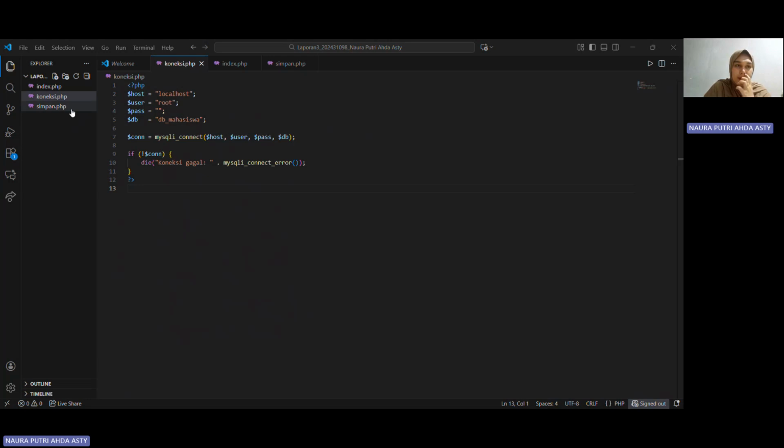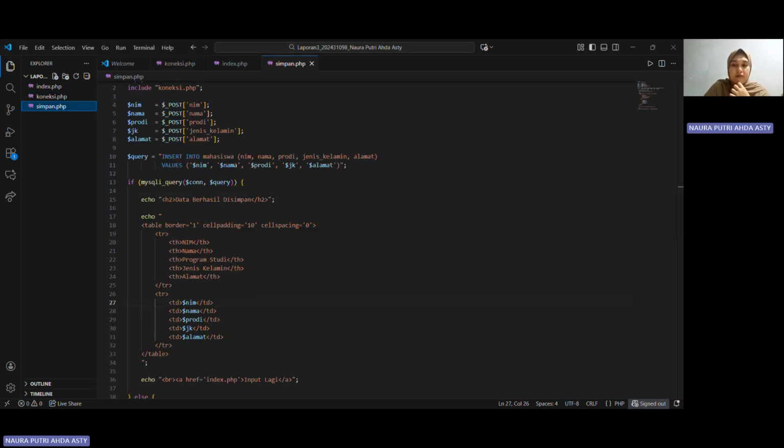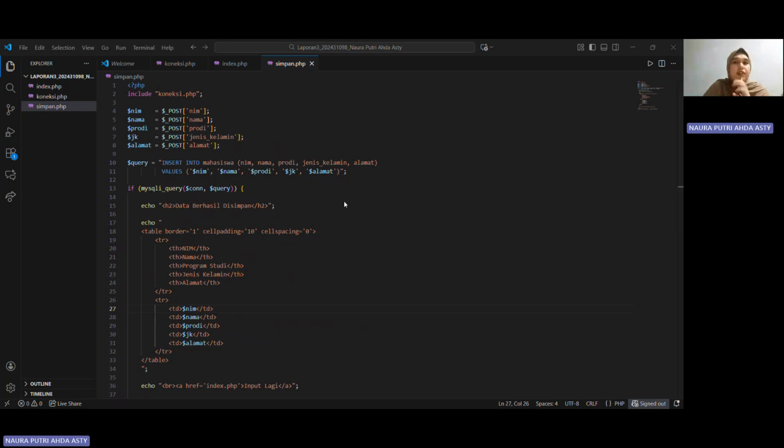And the next one is simpan.php. In this part, to connect with the database, I include the file koneksi.php.